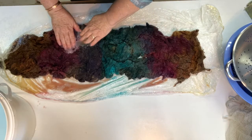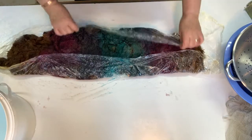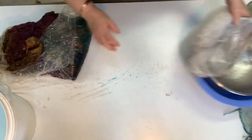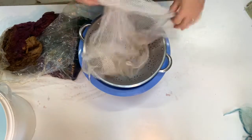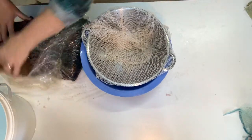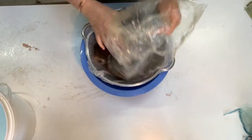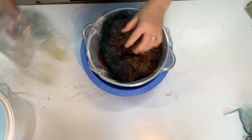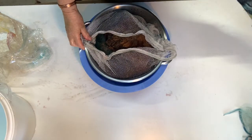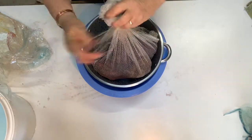Oh, it rhymes. Okay, so I will put this in my twin tub. Well, first of all, I'll put it in a bag. And then I will spin it out. This will be a bit messy, I can see that. Let's see if we can pick it all up. Okay, it's not too bad. With my trusty old mesh bag with the broken zip. Okay, so I put these in